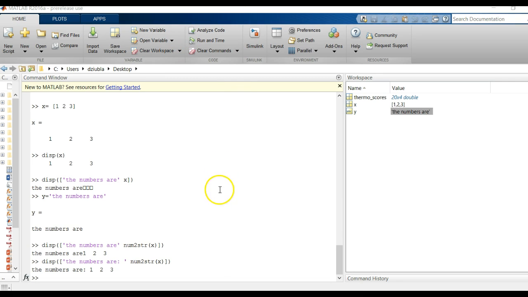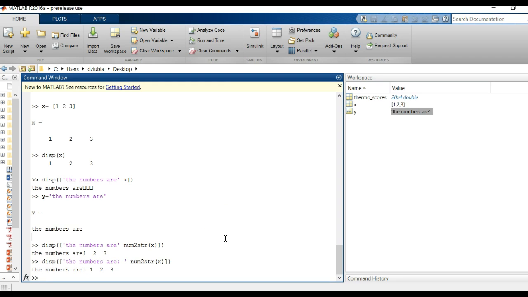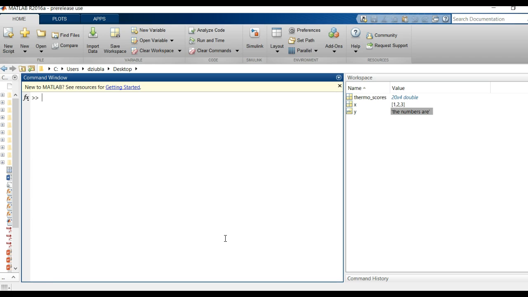Now, one other trick to note: since you are using apostrophes in the display function to put out your values, the question is, how do you get MATLAB to display an apostrophe if the apostrophes are what you're using to mark the text? So in this case, let's say I wanted to say the moon's gravity is 10. If I said this, let's just say that, and I said this, the moon's gravity is,